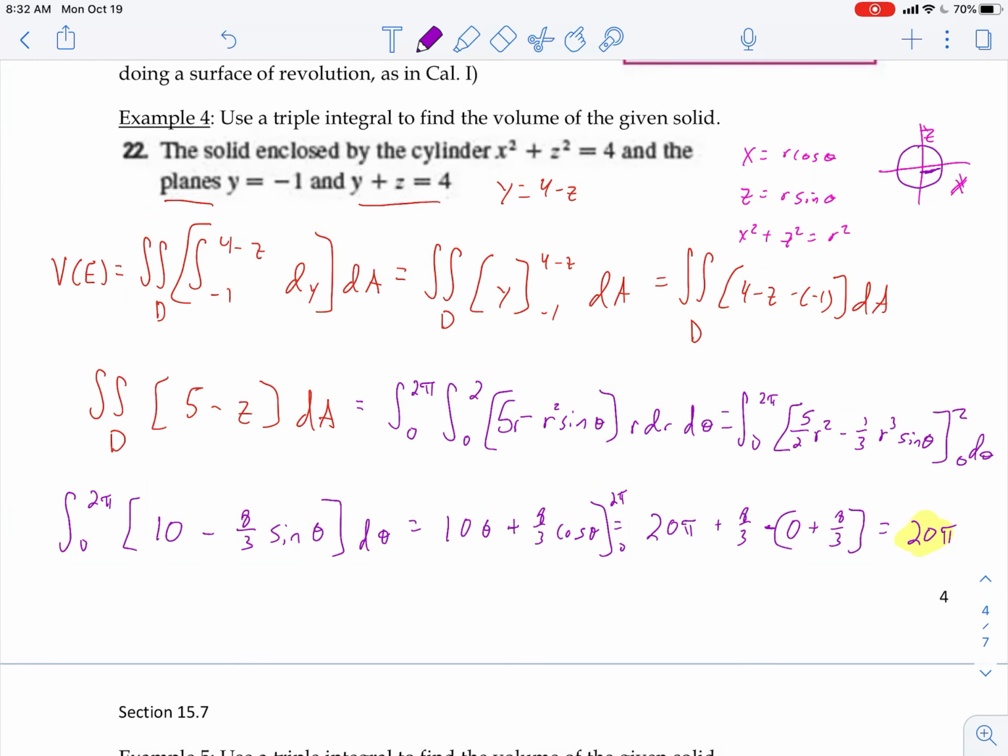All right. So again, we can change to polar coordinates just as long as we make sure that we can move this to the xz plane, just making sure that we keep x or y the same. So if we move to the yz plane, y would